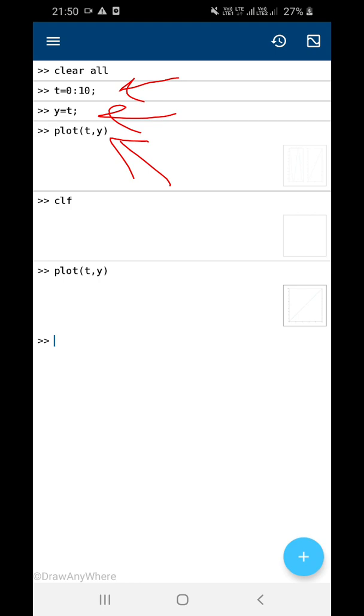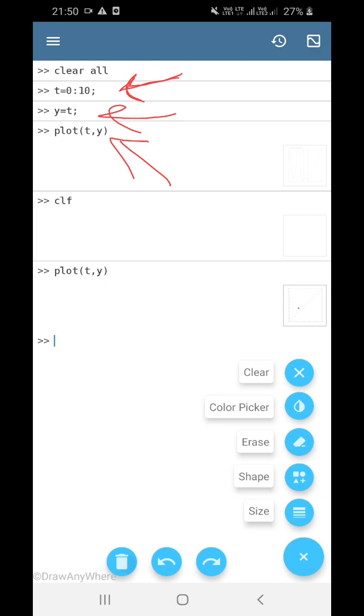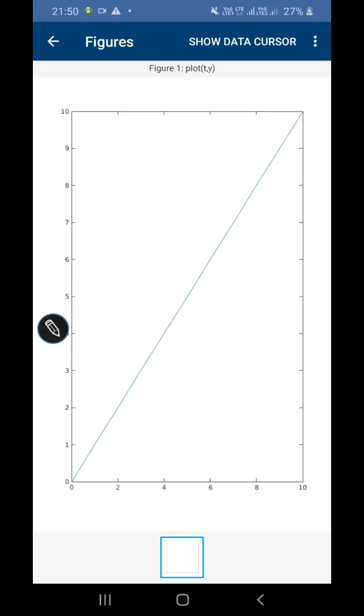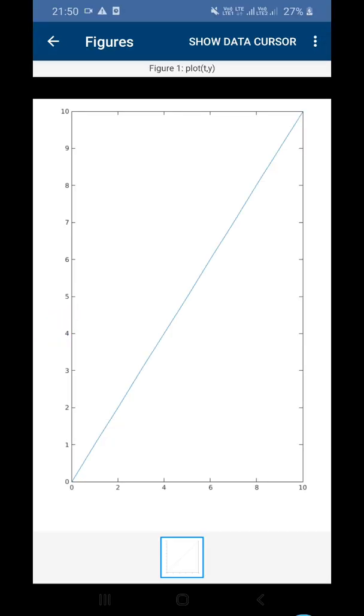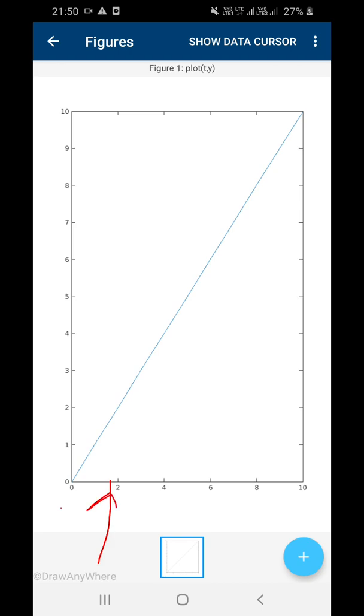That's so simple. So here I have defined x-axis as t is equal to 0 to 10. So you can see just here in the diagram that your x-axis is from 0 to 10. So you have plotted this graph by taking the measurements from 0 to 10.